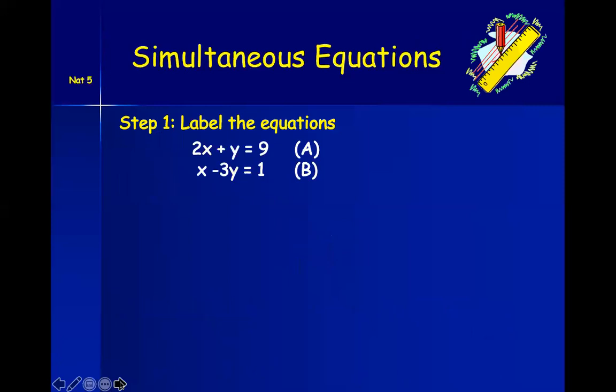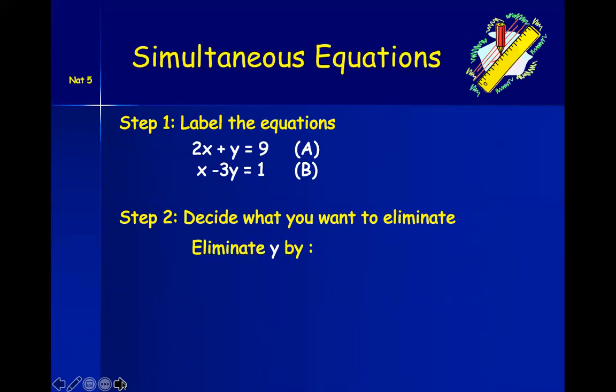So first of all, step 1 doesn't change. You need to decide which one is A, which one is B. Step 2, we're going to decide what we want to eliminate. Earlier on, the decision was quite quick because we could see that we had the same factors for each. But this time, let's say we want to eliminate y. In order to eliminate y, what I could do is, in order to get 3y there,